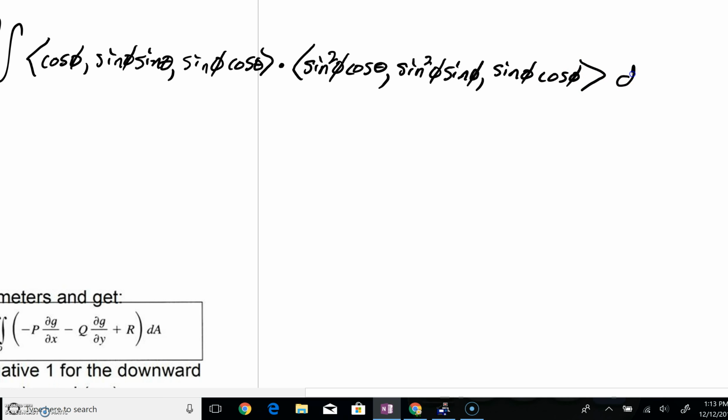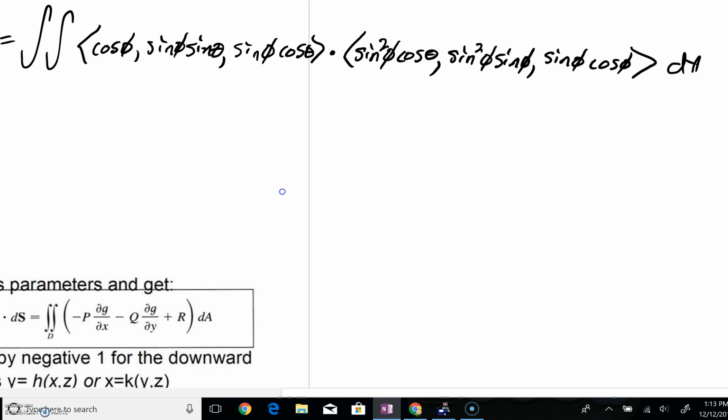And we're going to let the 89 finish this up for us in a moment. But first, working out our dot product. Remember, we're going to take our x components and multiply them together. So we would get cosine of phi, sine squared of phi, times the cosine of theta,